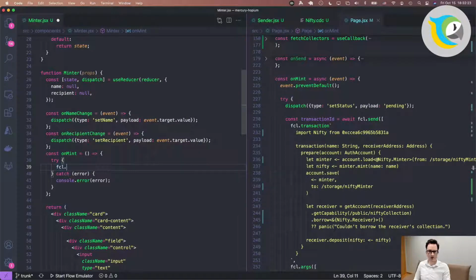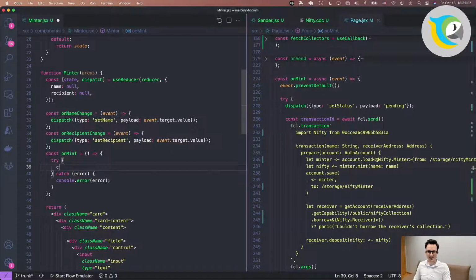So we go ahead and do transaction, and we open it up with a template string. This is a template string that gets passed on and interpolated with values into this function. This is a fancy way of calling this transaction function with a template string, and the values that you provide are accessible.